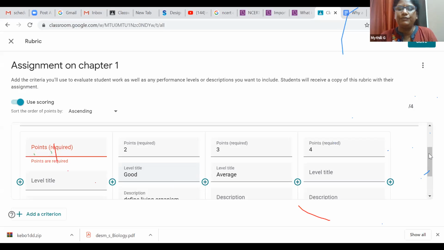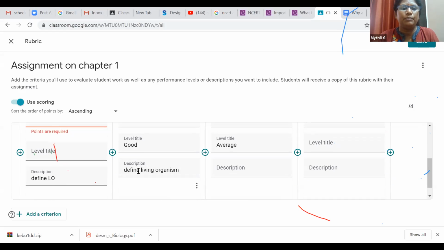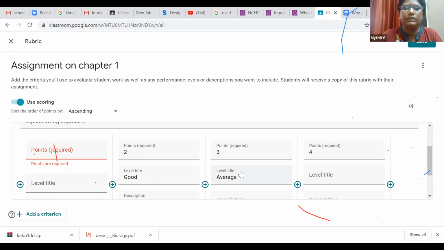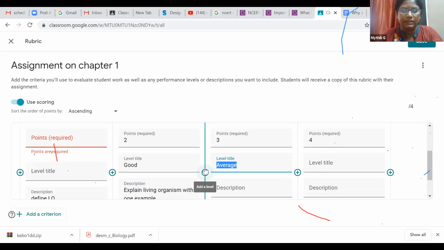So I'm going to give this a good. Maybe they explain a living organism with one example. Okay, and in the third I will say very good, if the description explains and lists the classification.